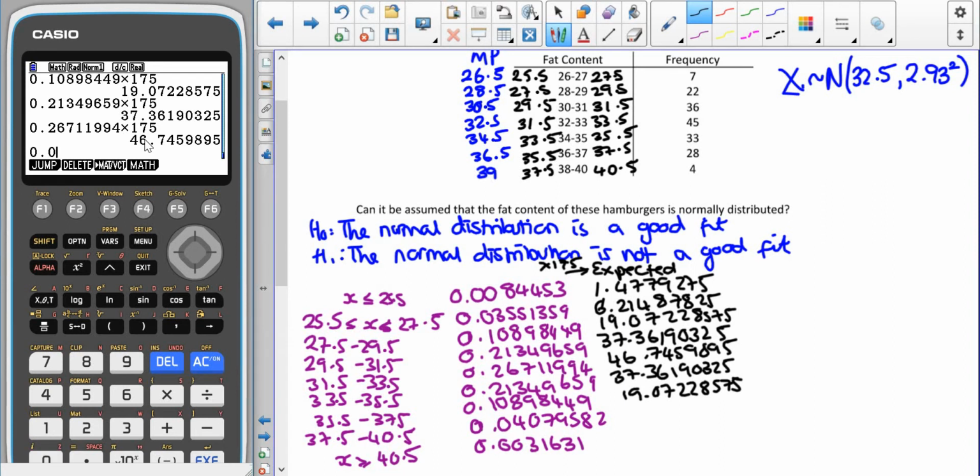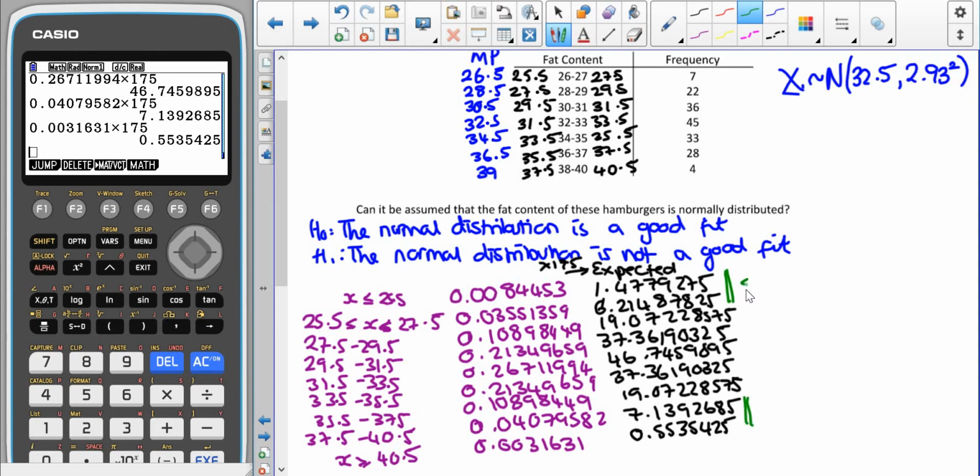Then we have 0.0407952 times 175, which gives me 7.1392685, and lastly we have 0.0031631 times 175, which gives us 0.553525. So we're going to have to pull together our first two intervals and our last two intervals, which means